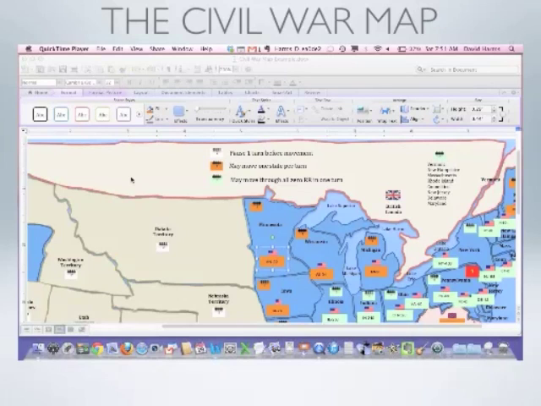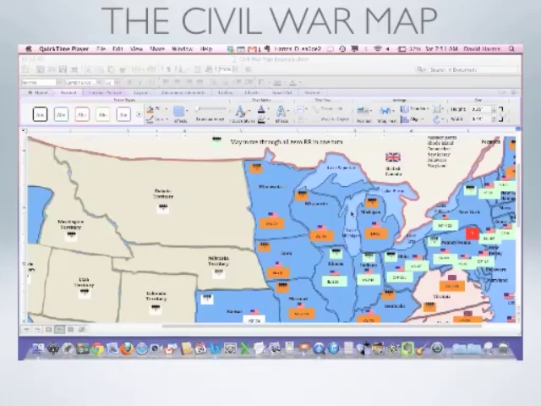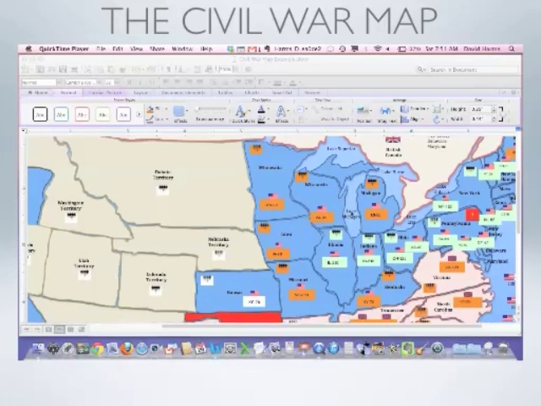Alright, we're looking at the Civil War map for HistorySimulations.com's Civil War simulation. And we're going to explain a little bit how the map works. First of all, the states and territories are all marked on the map. The blue states are the ones who have joined or remained neutral to the Civil War in the Union. And the pink ones are part of the Confederacy, or the states that seceded from the Union at this point